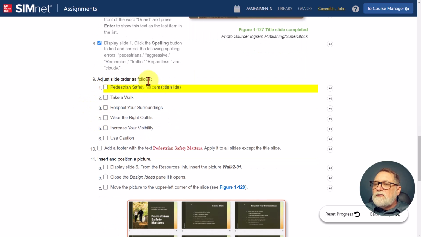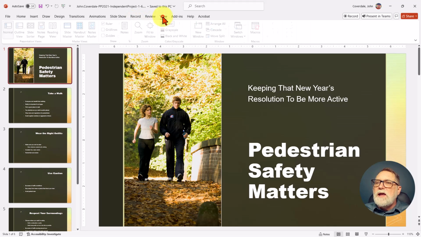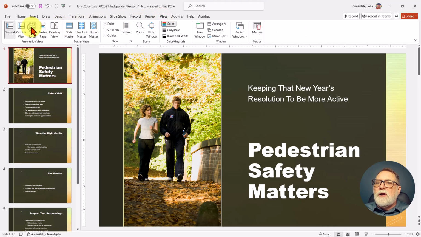Okay, adjust the slide order as follows. For this, I'm going to switch into a slide sorter view. You can do this in a couple of different ways. One way is to click this little button down here at the bottom right corner of your screen. It looks kind of like 4 rectangles. You can click that. You can also go to the View tab and click a similar button here that says